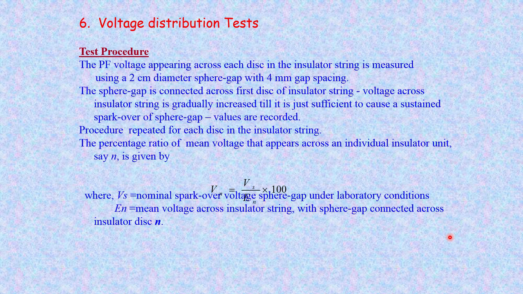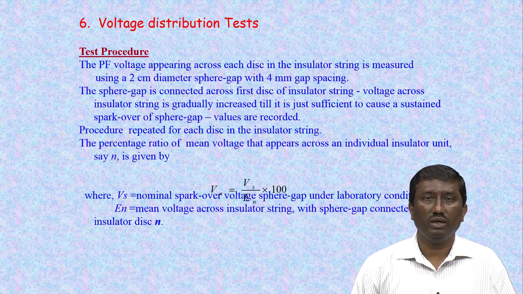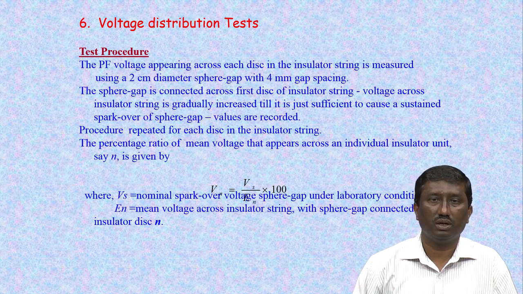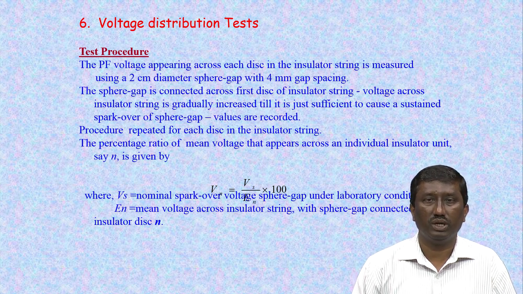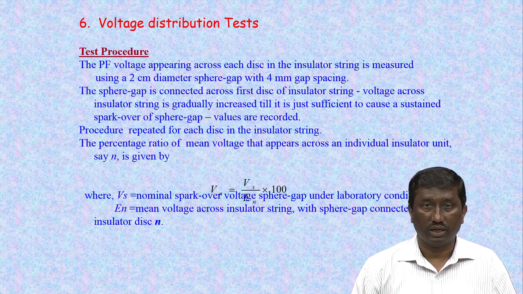Next to radio interference measurement, an important test which has to be carried out for reliability is on the insulator string, which has to see the proper potential distribution, or voltage distribution, across each of the insulator units. The main purpose of this voltage distribution test depends on the voltage level. As mentioned earlier, for 220 kV and above, the voltage distribution tests are made mandatory in the country. So, the voltage distribution, you know that